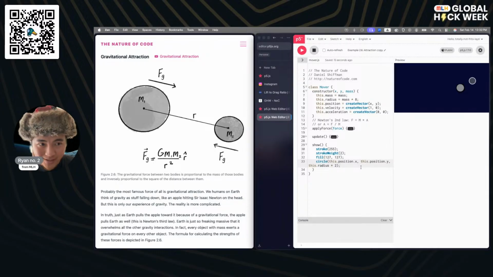Okay, so I don't remember what it is that we wanted to describe. Oh, okay. So earlier, previously we had tried doing this without using vectors. And so instead of this dot position dot x, we could just say like 30. And so you can see here that we could just do that, but the reason why we actually have it attached to a vector instead is because vectors allow us to do matrix multiplication.